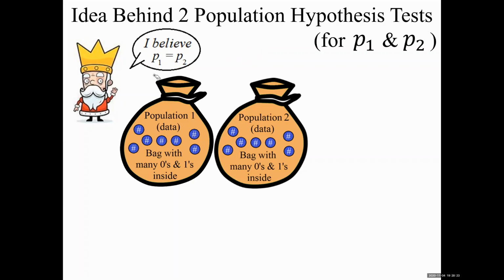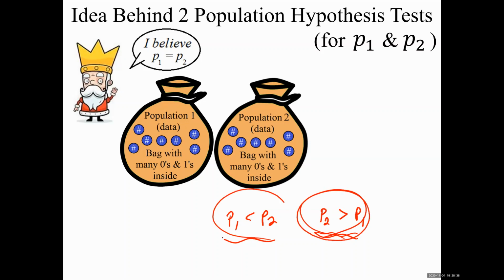The main reason for that is when we get to the peasant, if the peasant says P1 is less than P2, let's say, and you decide to write the P2 first and you write P2 greater than P1, this is a correct statement. This is the same thing as this. But when you look at this, you might think it's a right tail test when in fact it's a left tail test. So long story short, always put the thing with the subscript 1, whether it's P1 or in other sections, if it's mu1 or sigma 1 or whatever, always put that on the left, put the other one on the right. Okay,